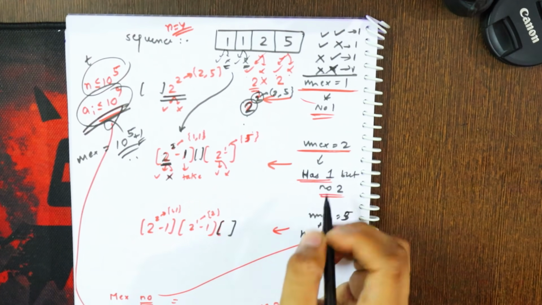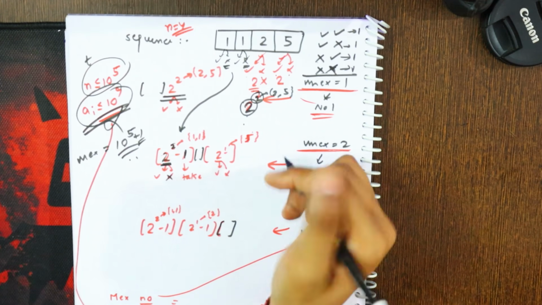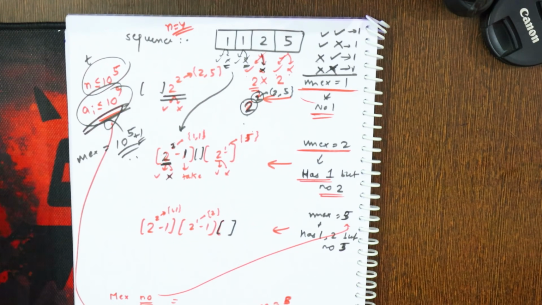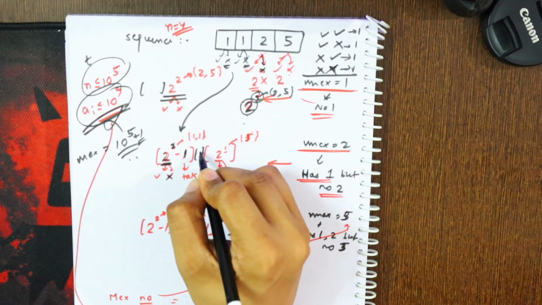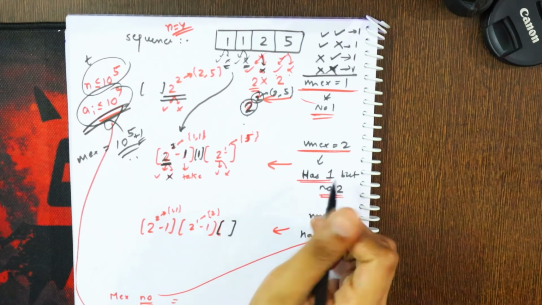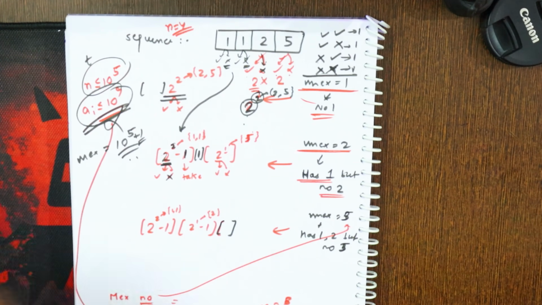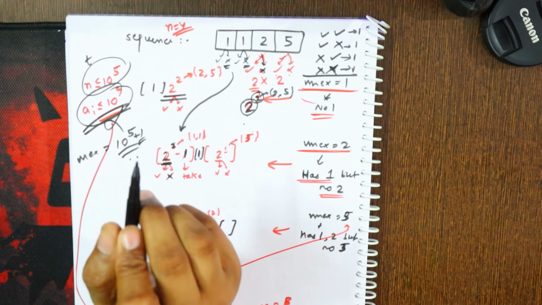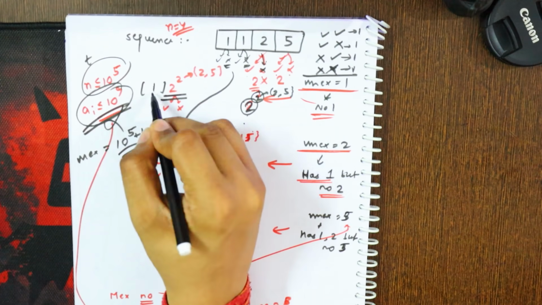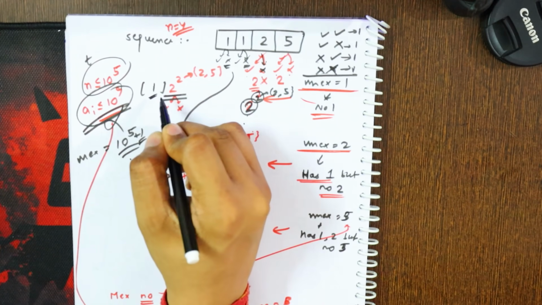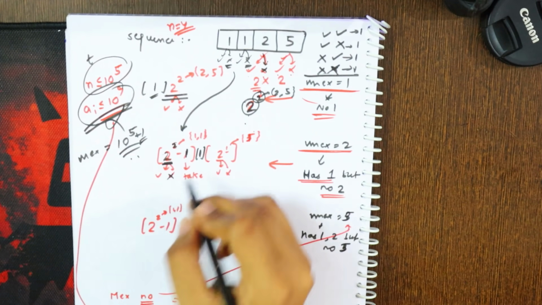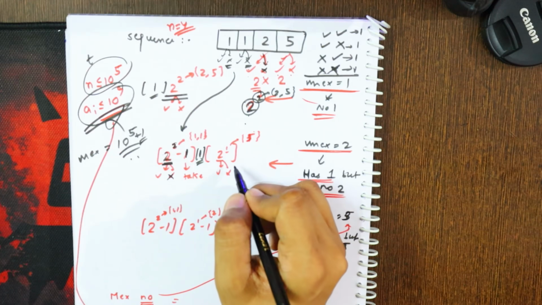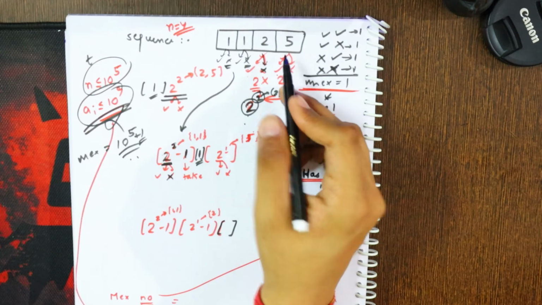And the next thing, I actually don't want any 2. So actually I have only one case for it, that I will not have it in my answer. So I will multiply 1 for the case when I don't want it. Understanding why I left the blank space here? It is for when I don't want 1, it is one case only. When I don't want it, it is one case only. And remaining, as you can see, I can have anything. So it is for the last, which is the remaining 5.